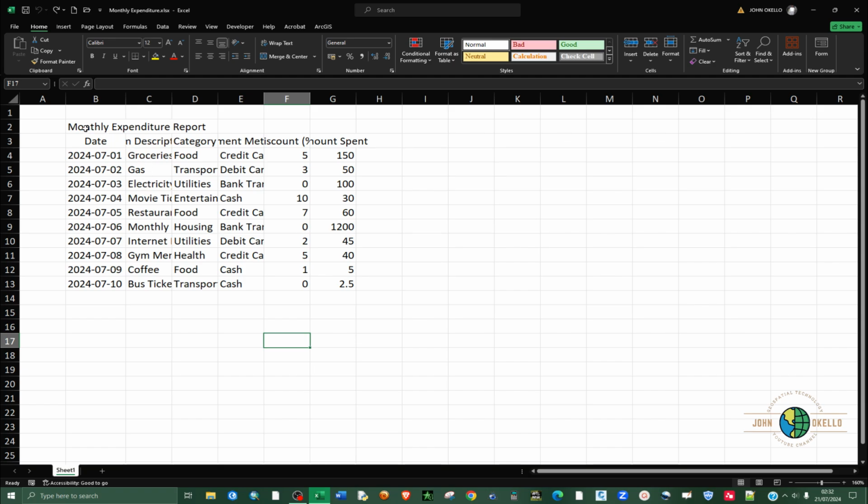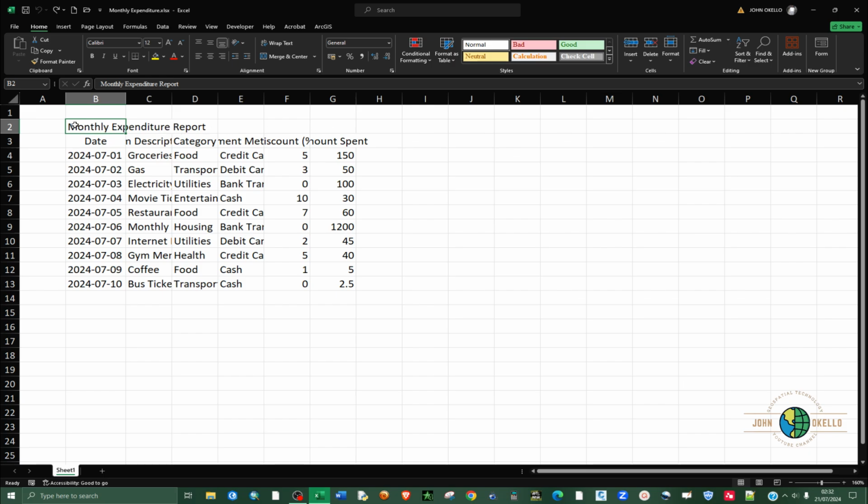So we have two rows here that are actually headings for this data. This first one should span the entire row of this particular data, or columns, and then we have headings for each and every column. So in order to do that, to span this to run across the entire column of this data, just